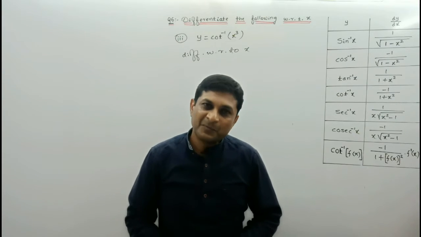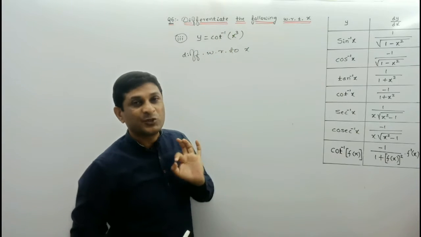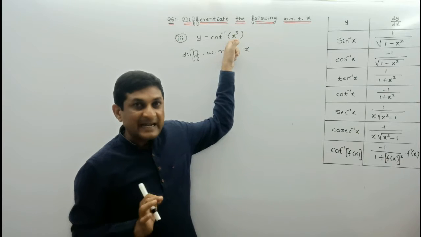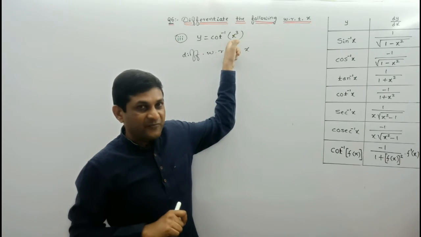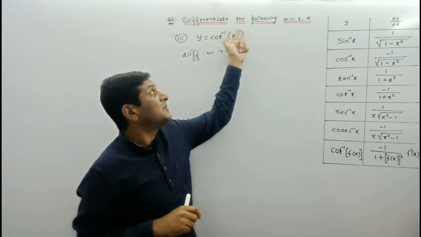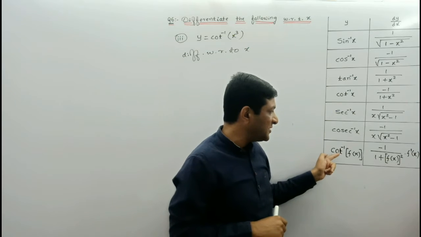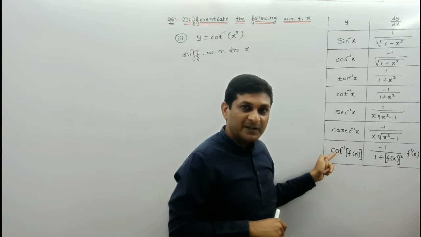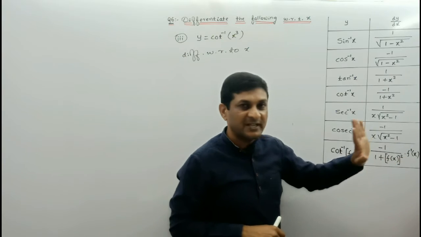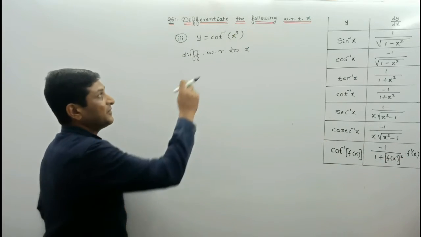See, in example number 3, the given function is y is equal to cot inverse of x cube. Means instead of x, if another term appears, at that time we will consider it as f of x. Means the given function is in the form of y is equal to cot inverse of f of x. And to find out its differentiation, we have to apply this formula. Derivative of cot inverse of f of x is minus 1 upon 1 plus square of f of x into f dash of x, means derivative of f of x. And here our f of x means what?